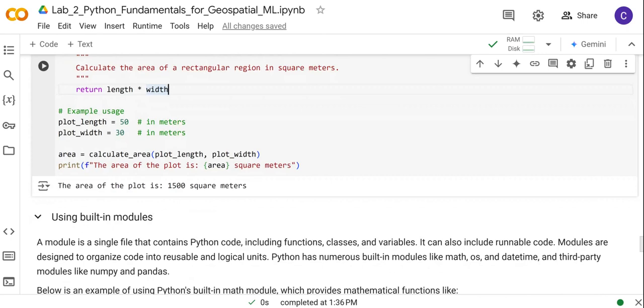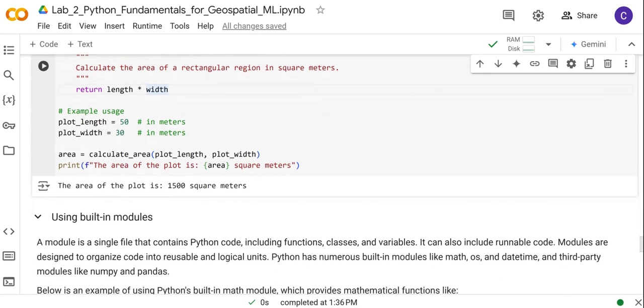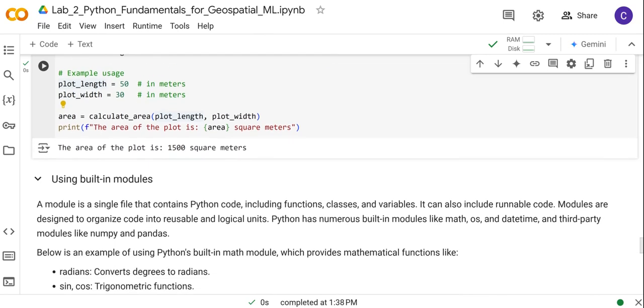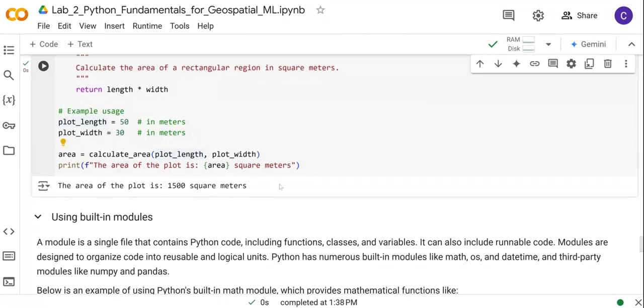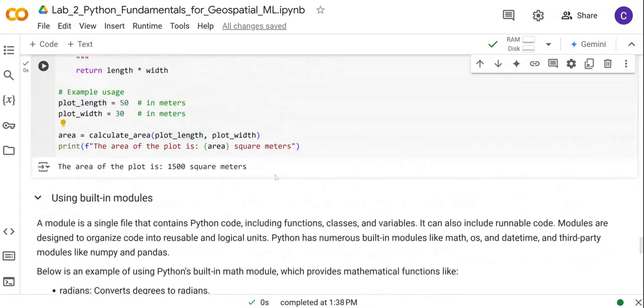Right, and if we now give the quantity of, say, the length of the plot and the width of the plot, and then we call the function and put in the length and width, we will be able to calculate the area of the plot. So here it is 1,500 square meters. Okay, so this is an important